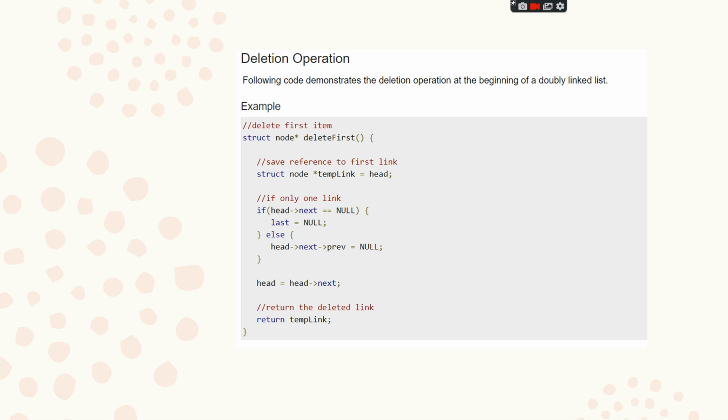So if head points to next double equal to null, last is equal to null. So if there is no value, then we will be directly calling the next value to be null. Else, head points to next points to previous equal to null. Head equal to head points to next, return the deleted link, return temp link.